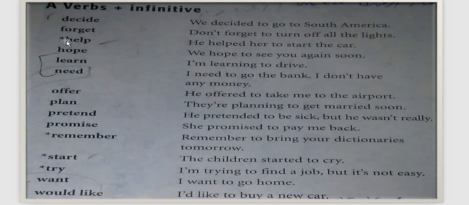Okay, look here, we have some notes on these verbs. في بعض الأفعال we have stars upon them. يعني في ماركة أو علامة خصصت لهم, like the verbs help, remember, start, try. What does that mean? It means those verbs we can use with verb plus infinitive or verb plus ing. Okay, don't worry my students, لا تخافوا الآن. Okay, we are going to study when we use them.